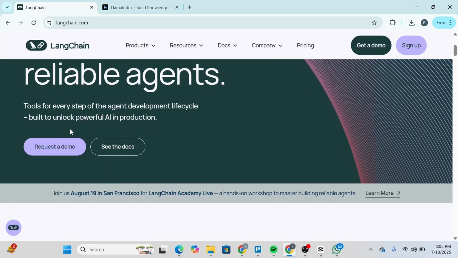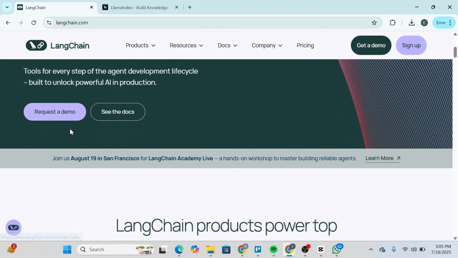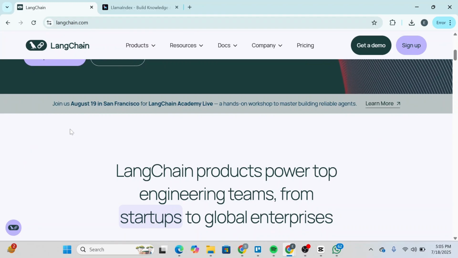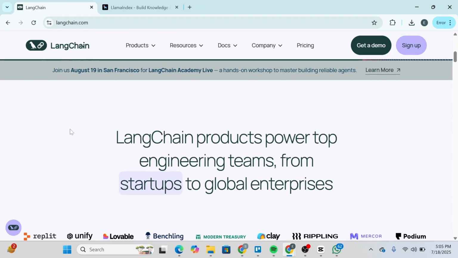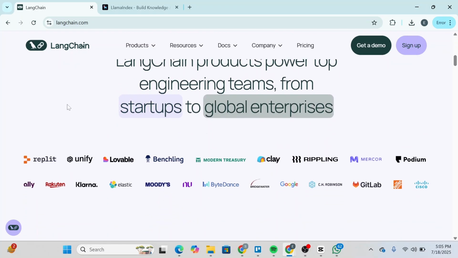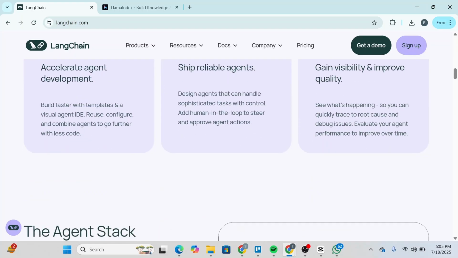LangChain, by contrast, is a more sophisticated toolkit. It supports building complex modular pipelines involving memory, tools, chains, and agents. It gives you more flexibility, but that comes with a steeper learning curve. Developers on forums like Reddit and Trustpilot say it's incredibly powerful, but documentation can sometimes be fragmented or inconsistent.